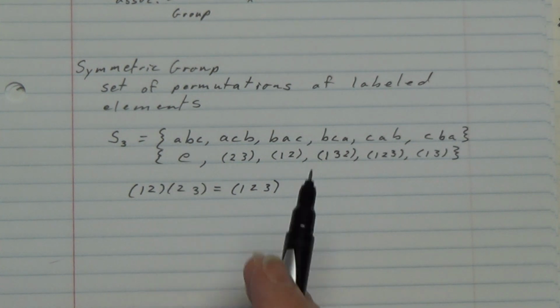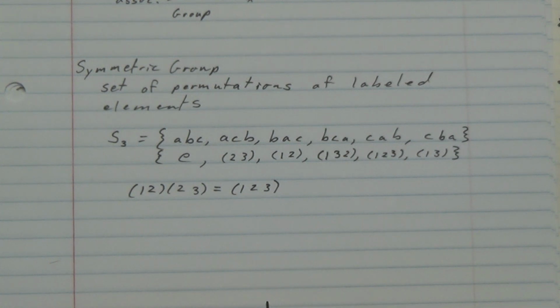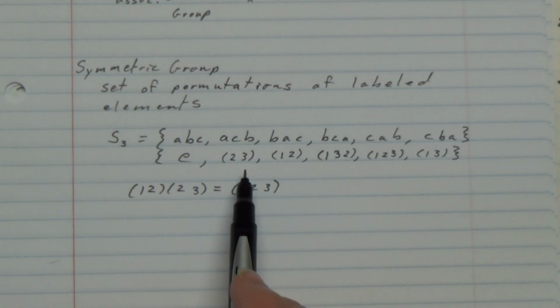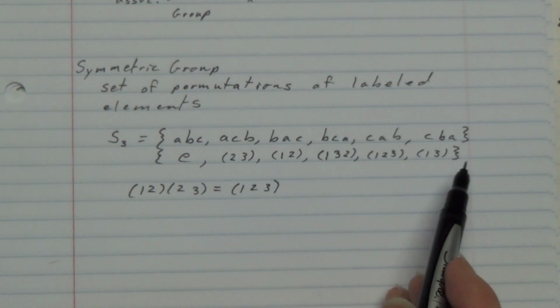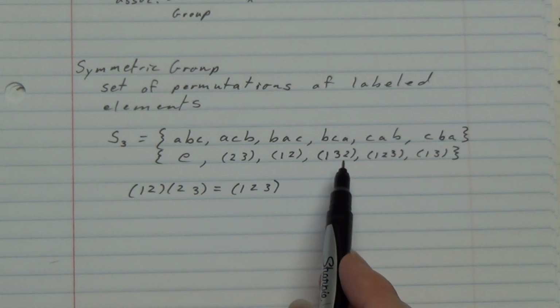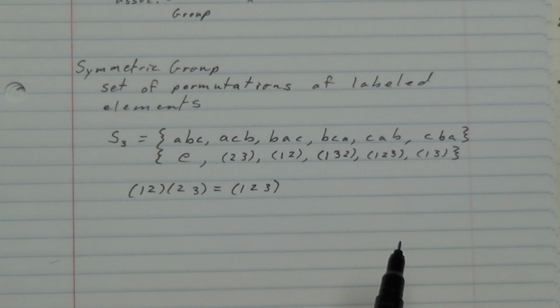Here's our identity, and I'll leave you to check that it's associative. Inverses, it's hard. Well, it's easy to see with these three elements. They're their own inverses. It's harder to see, but these two elements are inverses of each other. At any rate,